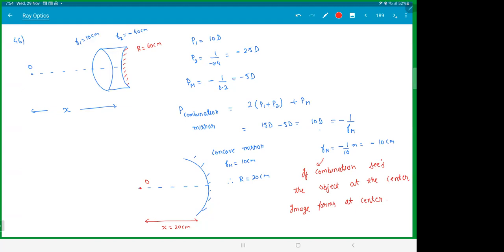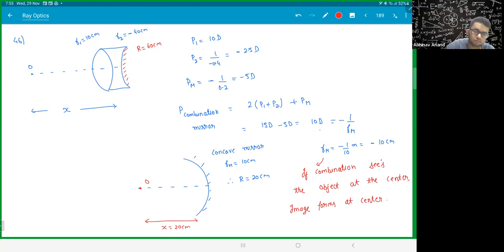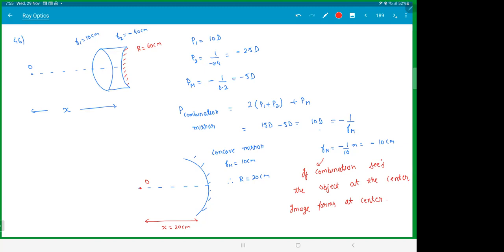And next week we'll start at 5:30, like all Friday, Wednesday also. We'll start with centromers from next week. Currently what is going on in pace? Did they finish off ray optics? Still going on. Where did they reach? Lenses is going on. Centromers, where did they reach? We have to start